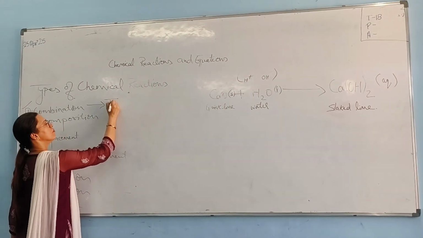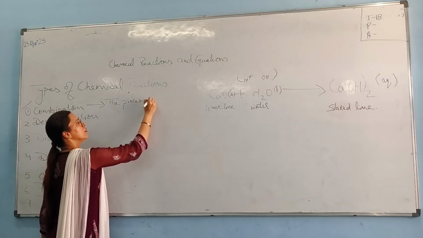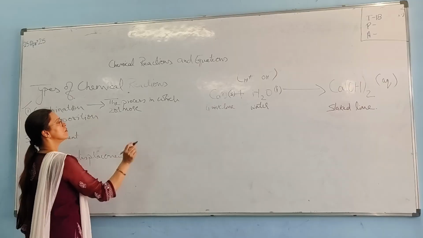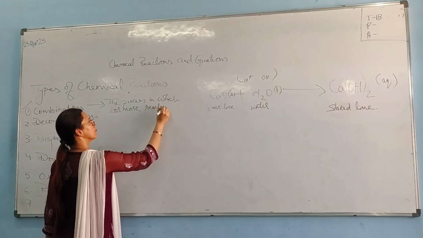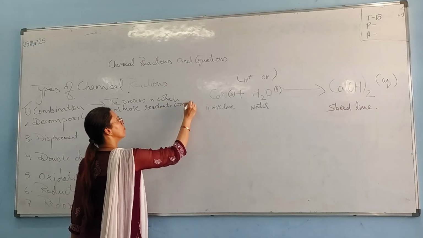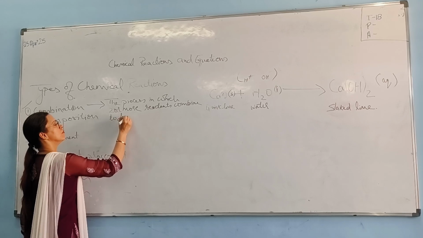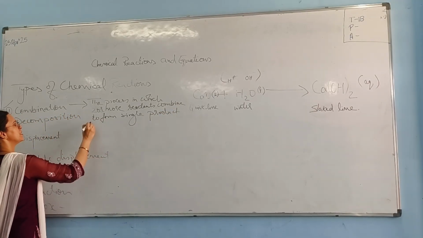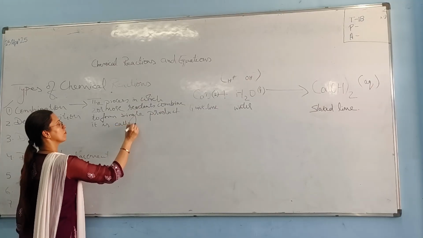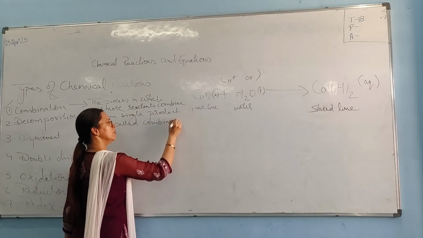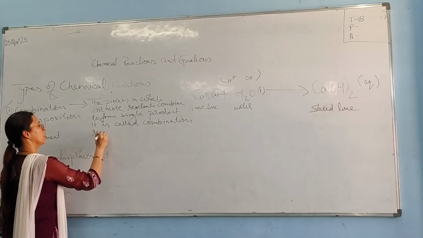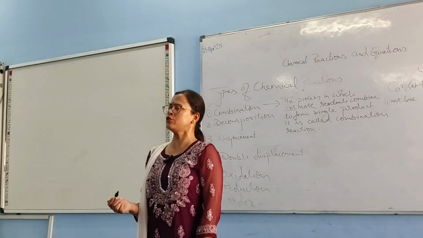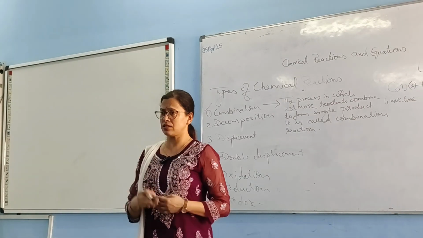The process in which two or more reactants combine to form a single product is called a combination reaction. And in this, while seeing the example of this combination reaction, we saw that heat or energy is released